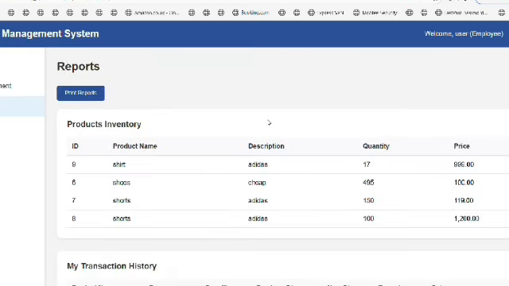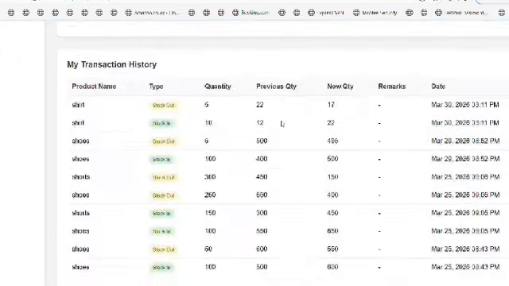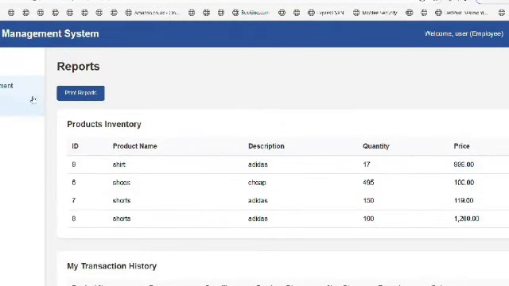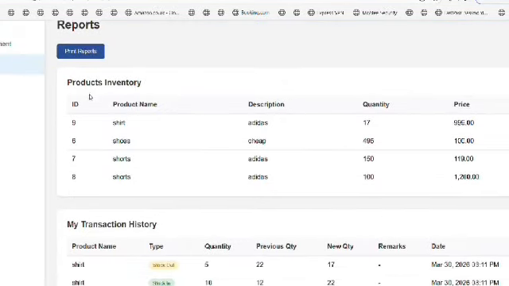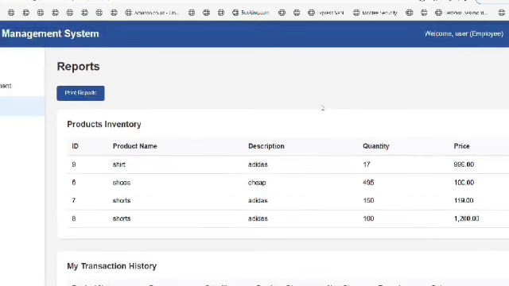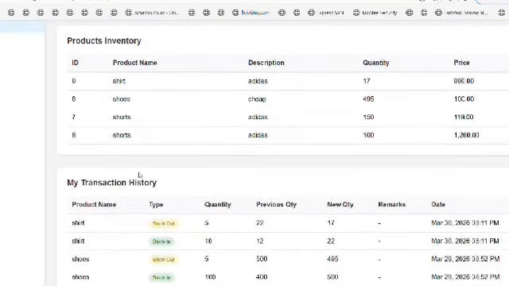Here, second one, we're going to view the reports. Product inventory of a user, of an employee, my transactions.